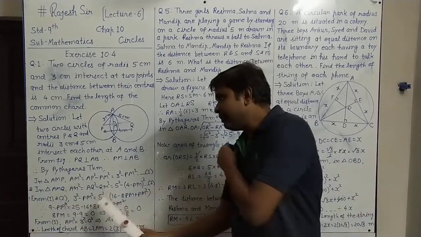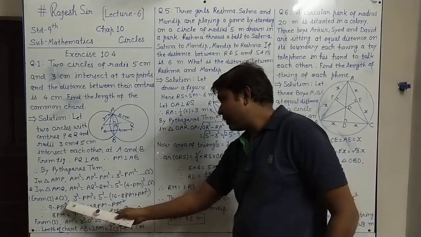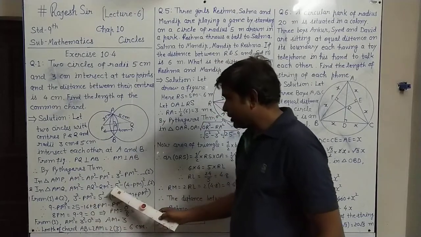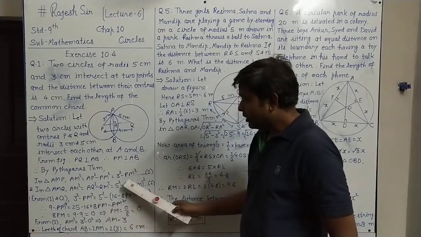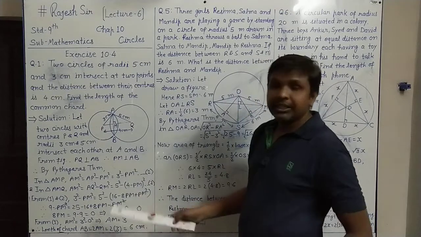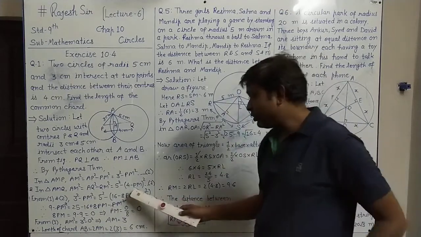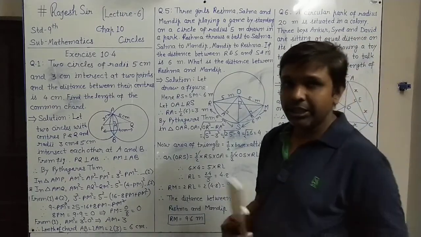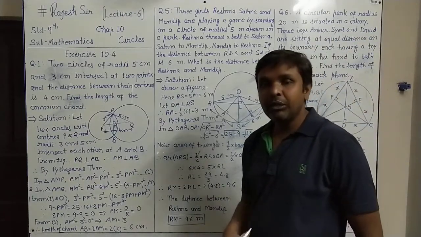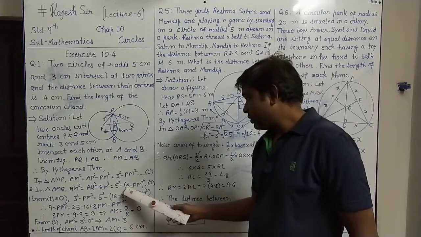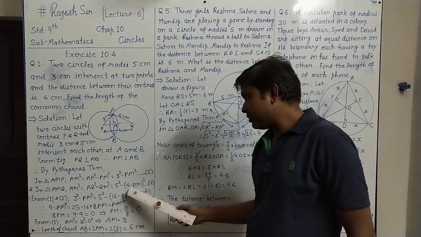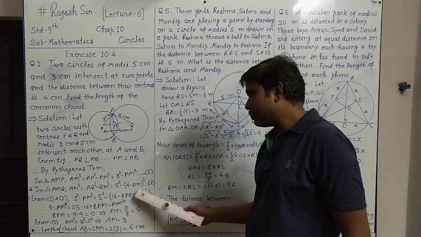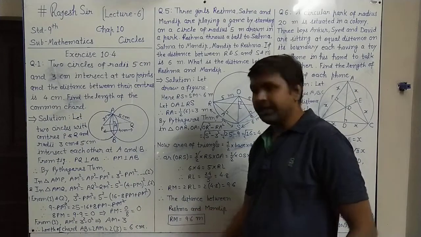So we can compare them, we can equate both the results. So from result 1 and 2, the right side we can equate: 3 square minus PM square equals to, here the right side is 5 square minus (4 minus PM) the whole square, expanded. The expansion of (4 minus PM) the whole square, we can use the (A minus B) the whole square expansion. That is, we know A square minus 2AB plus B square. So A square means 4 square is 16, minus 2AB means 2 times 4 is 8 PM, plus B square, that is PM square. That way we have expanded.